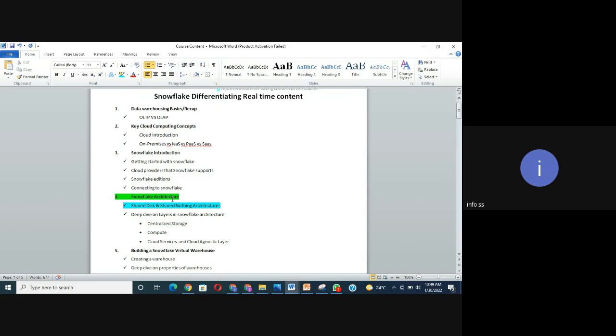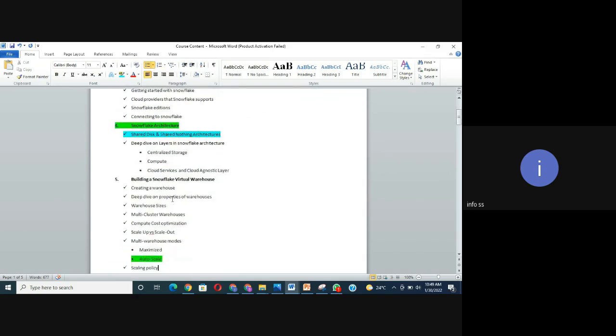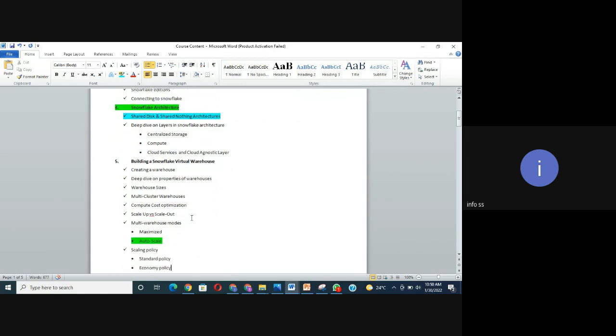So we'll be doing a deep dive into each layer in the architecture, and then how to create a warehouse, how to set it to auto scale mode. All these things we'll be covering in detail. And then